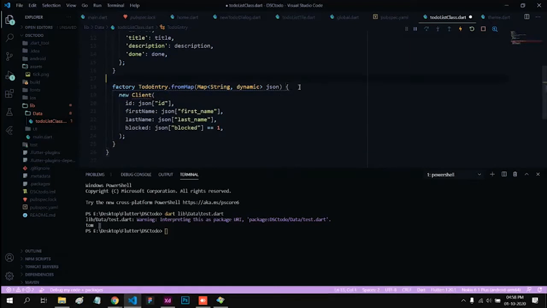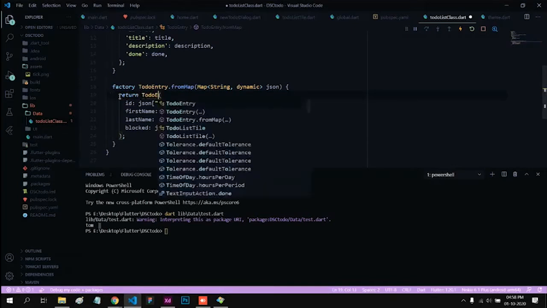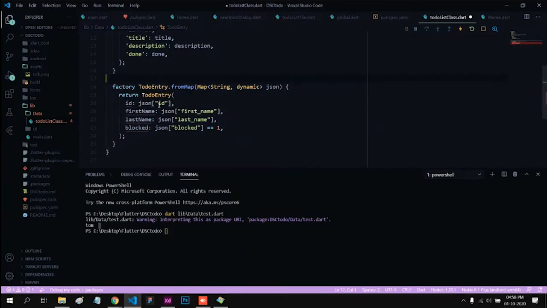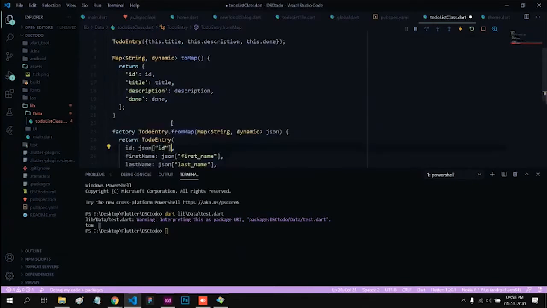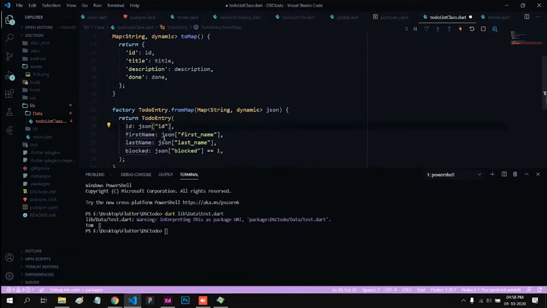Okay, so usual function, and we are going to return a function, right? So we'll have to return something. So we'll return a to-do entry, and the to-do entry will be. So now we'll have to retrieve the value, just like I showed before. So when we give the field name over here, we'll get the value of the ID. So I guess you remember that. I'm not going to explain that again. So this dot ID